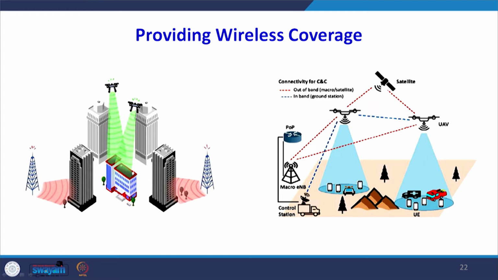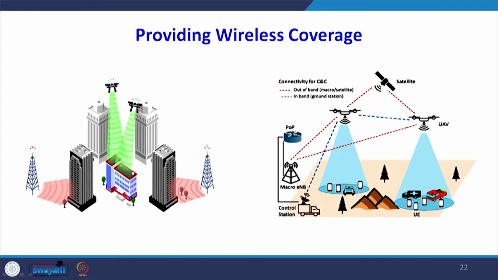Now, when a drought or disaster or other events take place, sometimes the internet connectivity goes off, particularly after earthquake activity. So, you do not have connectivity, you are totally disconnected from the people of that area. Within that area, the people cannot communicate with each other. So, this is a very, very useful tool. It can provide wireless connectivity temporarily to those areas where there is a problem of internet connectivity.